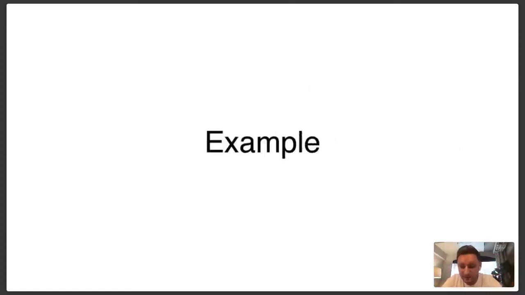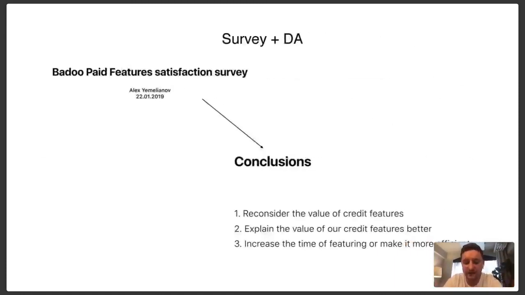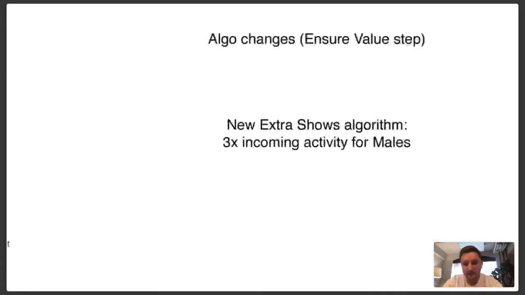So, an example from my product from Badoo. So we have credit features in Badoo, several credit features. So I made a paid feature satisfaction survey and key conclusions from that survey were that we could make something better. So the steps were to reconsider the value of credit features and explain value better and increase the time of user promotion and so make the features just work. So what I made, let's say,